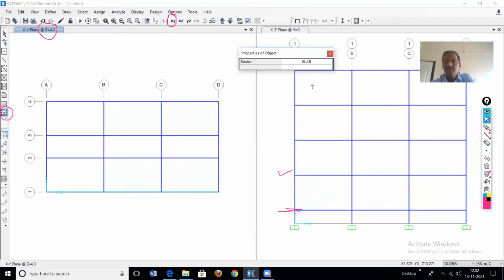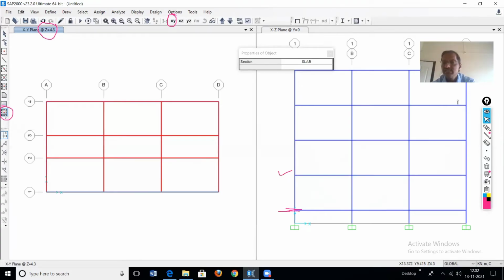So here there must be slab. Okay, and then inside this area, just click here. And when the color turns from blue to red, it means that the slab has been assigned. So here the slab at level Z equal to 4.3, slab assignment is over.